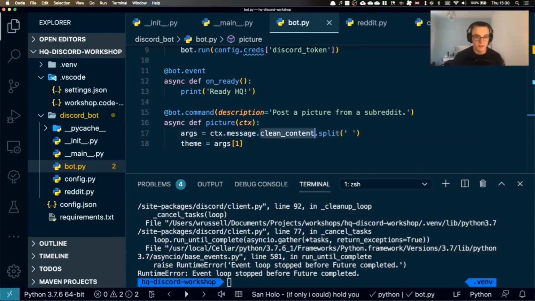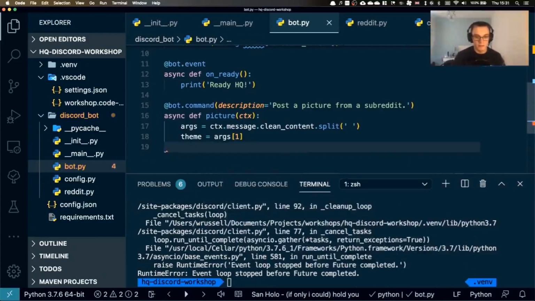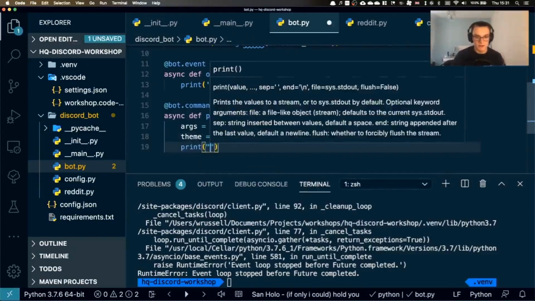I want to know what the actual content is, and I want you to split it up. So it means I can actually get the first item. It will take the first argument, index 0, as the actual command, picture, and then it will get the theme as the thing afterwards. So the idea is if I do this, it'll be like picture and then cats. And the idea is that we can then know that the cats is what we want. Cool. So now we've done that, I'm going to put a basic print statement in here that just says